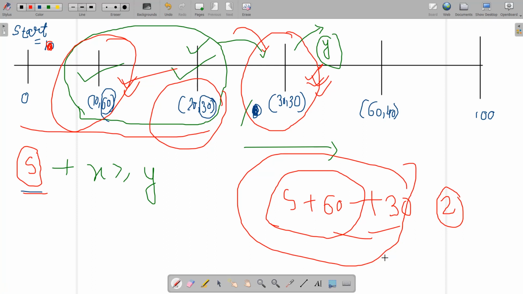Okay, so for every station you have to check whether I can reach it with the help of my current fuel or not. If not, then start taking out the maximum elements of the gas provided by all the previous stations, like 60, 30 and so on, if there are more stations. If you still don't understand this, then I will take a little bit more example.